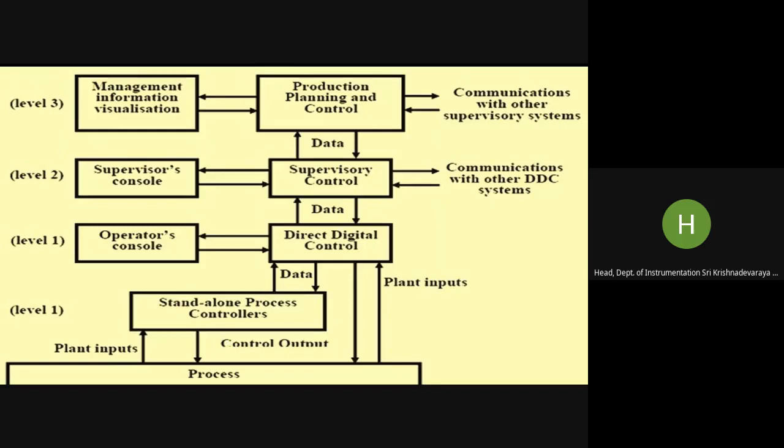So each unit operation is being controlled by taking in the process input parameters, verifying it with the standalone process controllers, again sending back the control output to the process. So this is exactly what is happening at independent. That means we also call them as standalone process controllers. Now these process controllers, you will have hundreds or thousands in a big process plant.